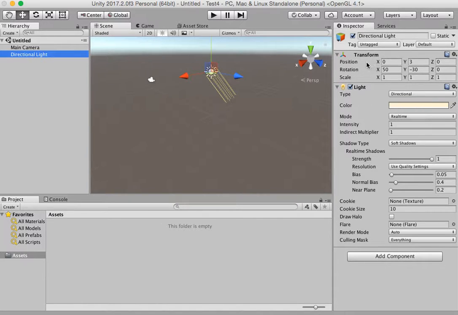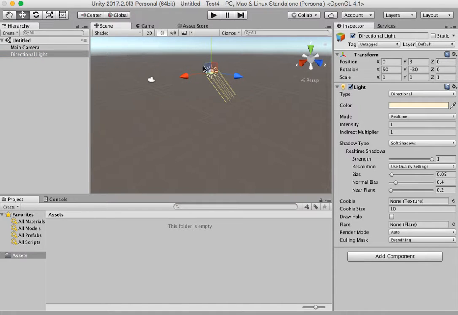Each game object has several components. We can add components to a game object, as you can see down here. We'll do that later. Every game object for sure has something called a transform component. That designates the position, the rotation, and the scale of the object in the next view, which is called the